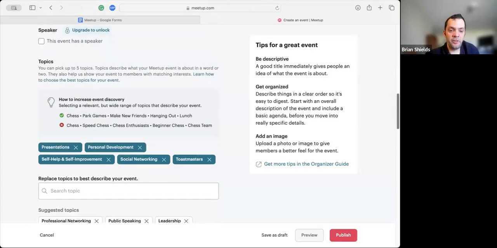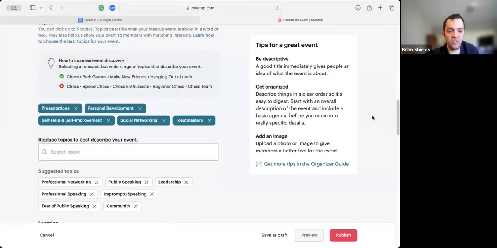This next part, though, is important. And now it has these 5 topics previously selected, and I believe you can only select 5 topics for this, but it has presentations, personal development, self-help and self-improvement, social networking, and Toastmasters. If you are having someone speak on a different topic, you can swap other topics in and out, but these are some keywords that if people were to search,